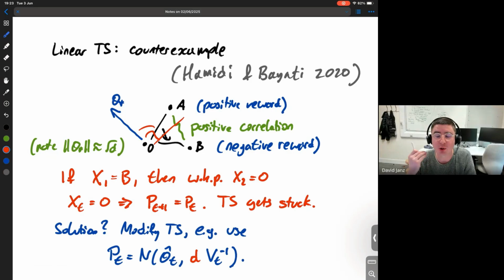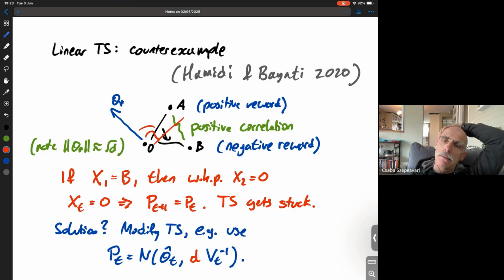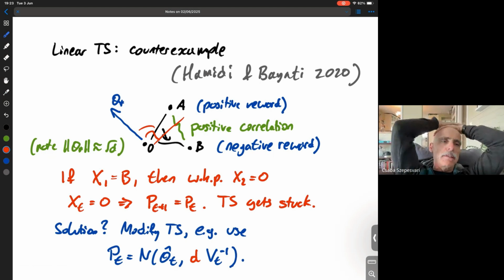Yeah, you really want on your first step to get the wrong signal, the signal that suggests that A is bad through the correlation with B. And you want the signal to be big so that you just never try A, or you have a tiny chance of trying A or B. Got it. Yeah. And that happens at this boundary when theta star's norm is square root d. And the norm of A and B is, I suppose, 1 or something.